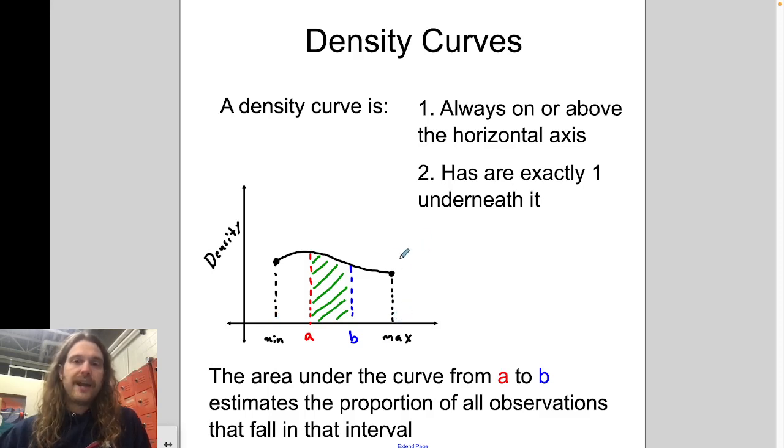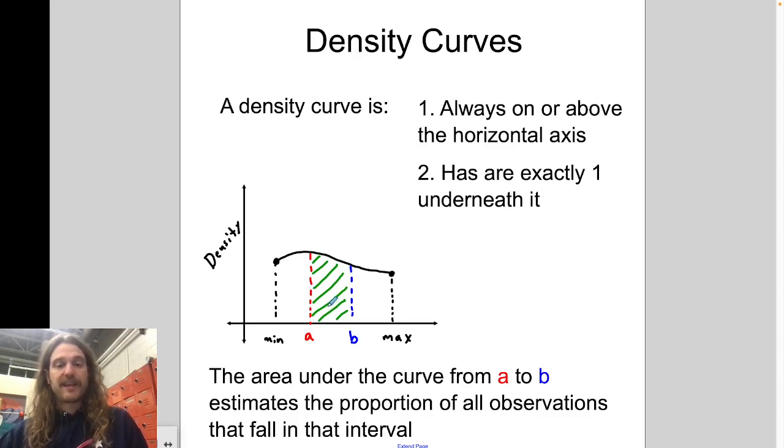Now the total area underneath this whole curve from here to here has to be 1 for a density curve. That would be 100, meaning 100% of the observations for the distribution fall between the minimum and the maximum. And 100% in decimal form would be 1. So the area under this has to add up to 1, but we can look between observations and start to say, oh, I want to see how many would fall in this region. And that's going to give us the